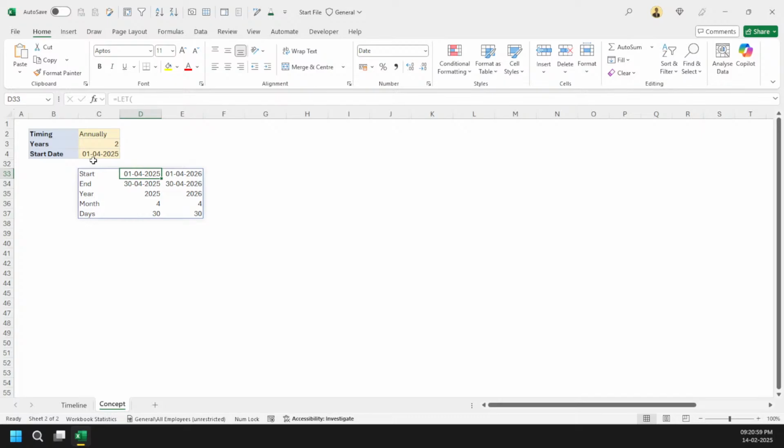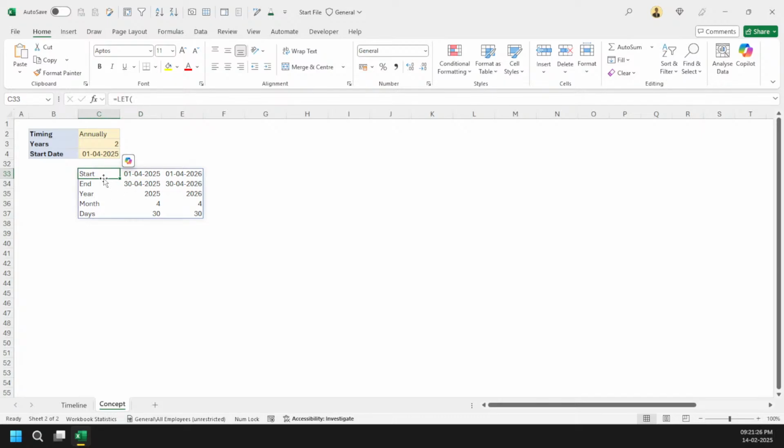I will be needing start date, end date, year, month, days, depending on whatever criteria you want, and then we can figure those things out as well. We are not going into that much detail right now. I will be taking on how to add optional parameters another time, but for now we are just going simply with this.